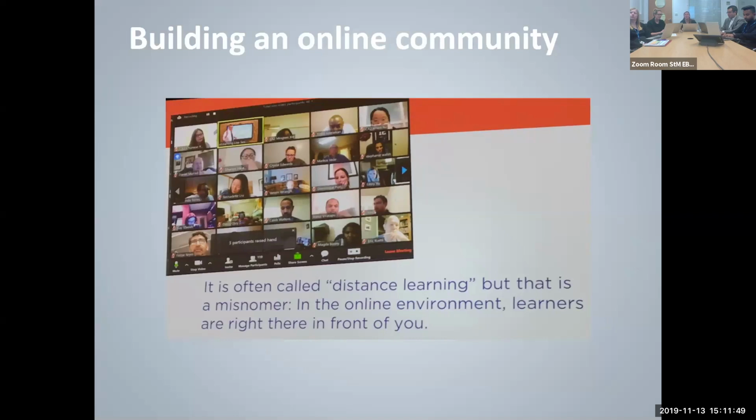So a quote that we've got is often called distance learning, but I think it's quite a misnomer. In an online environment, the learners are right there in front of you, and so what you can see is just a really nice picture of everyone chatting away, learning together, and so that's the community that we're trying to build. If this sounds like it might be interesting and something that you might be willing or excited to engage in,